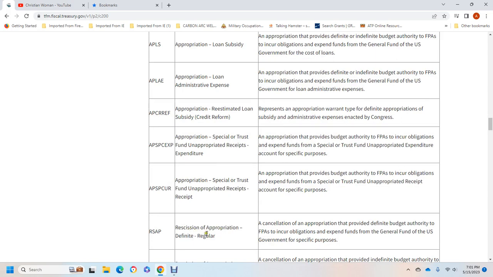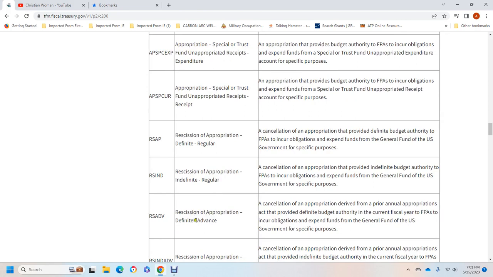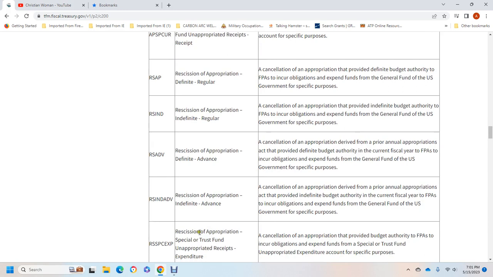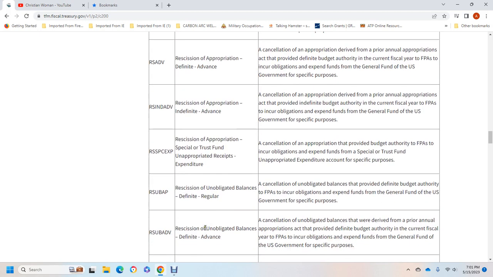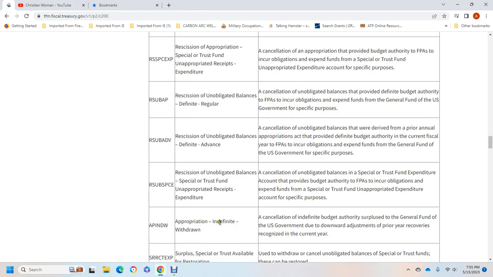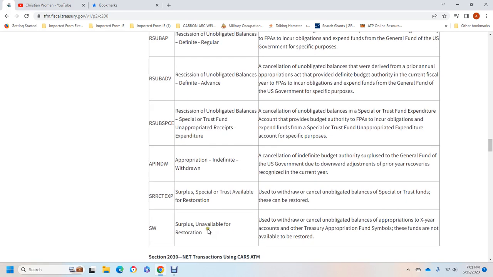Rescission appropriation definite regular, rescission appropriation definite advance, rescission appropriation indefinite advance, rescission appropriation special trust fund unappropriated receipts and expenditures, rescission unobligated balance definite regular, rescission unobligated balance definite advance, rescission unobligated balance special trust fund unappropriated receipts and expenditure, appropriated indefinite withdrawn, surplus special trust available for restoration, surplus unavailable